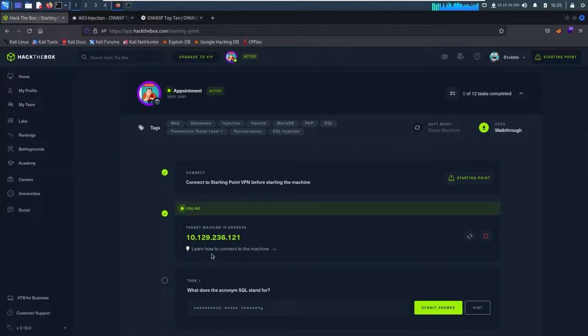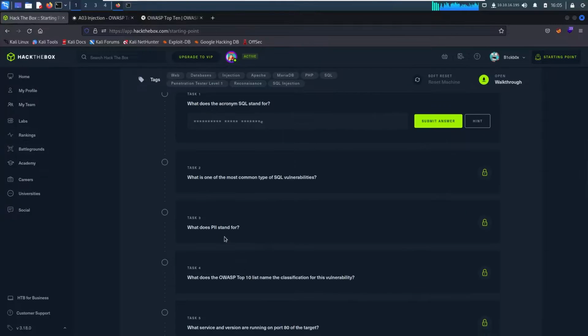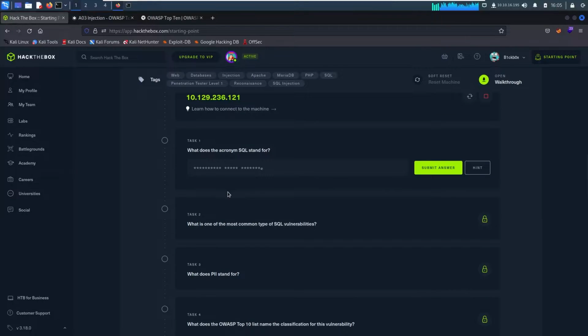I already started up the machine, so I'm just going to copy the IP address here. For the first question, it says, what does the acronym SQL stand for? Now this stands for Structured Query Language. And we use SQL to handle all sorts of data, whether it's customers' names, social security numbers, dates of birth, passwords, usernames, and many more data